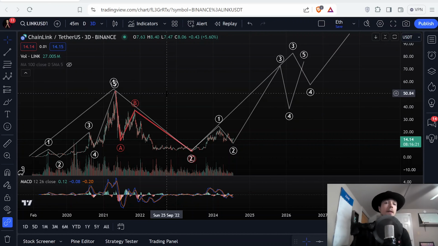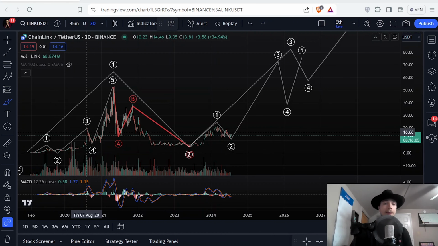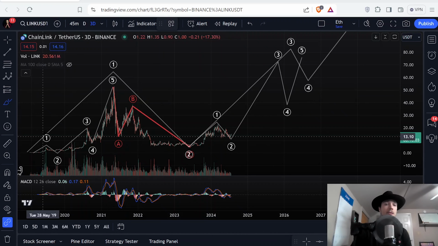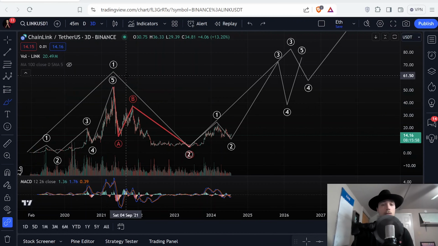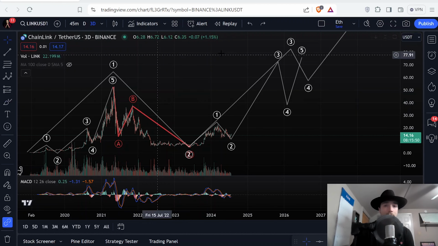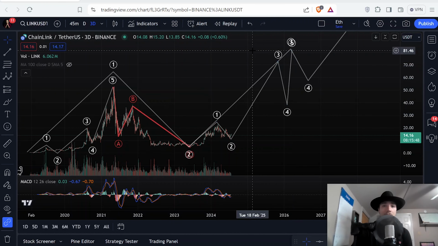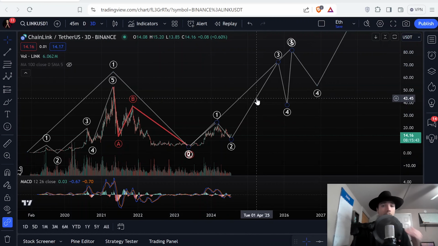You can see here that this is a big picture wave 1 and a big picture wave 2. But inside of that big picture Elliott cycle, we have wave 1, wave 2, wave 3, wave 4, and wave 5. So there's Elliott waves inside of waves. Those are called subwaves. Elliott waves can be subdivided. So they're subwaves. No, not Subway. I'm not talking about the restaurant where you go eat sandwiches. I'm talking about subwaves. Waves inside of waves.